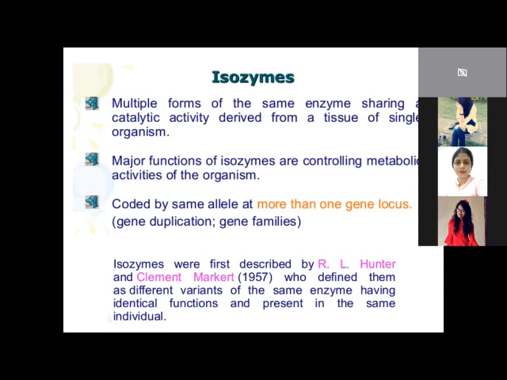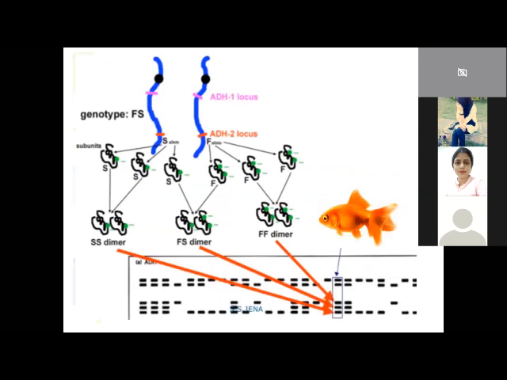Clear to everyone? Now we'll see the example. Just see here. This is a chromosome. This is one locus, the alcohol dehydrogenase 1 locus, and this is the alcohol dehydrogenase 2 locus. This is a genotype, F and S. There are two types of genotype: one has the SS subunit and a few have FS. There are two types of locus, one coding for the F subunit and another for the S subunit, or we can say one codes for the F allele and the other codes for the S allele.